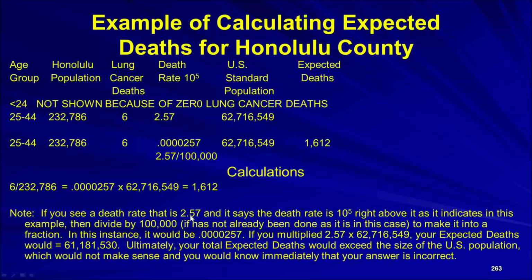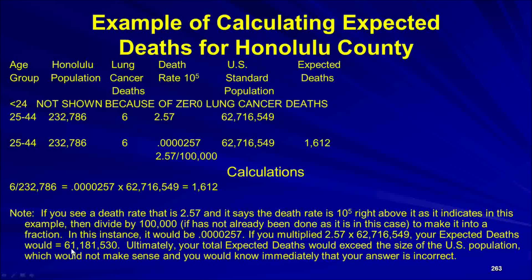If you see a death rate that's 2.57, and it says the death rate is 10 to the nth power, which could be 4, it could be 3, it could be anything else, right above it, as I've shown you in this illustration, it indicates in this example that you would divide by the 10 to the nth, or you would make it into a fraction. In this instance, we did. And if you just simply multiply 2.57 by the population for that age-specific subgroup, your expected deaths would be